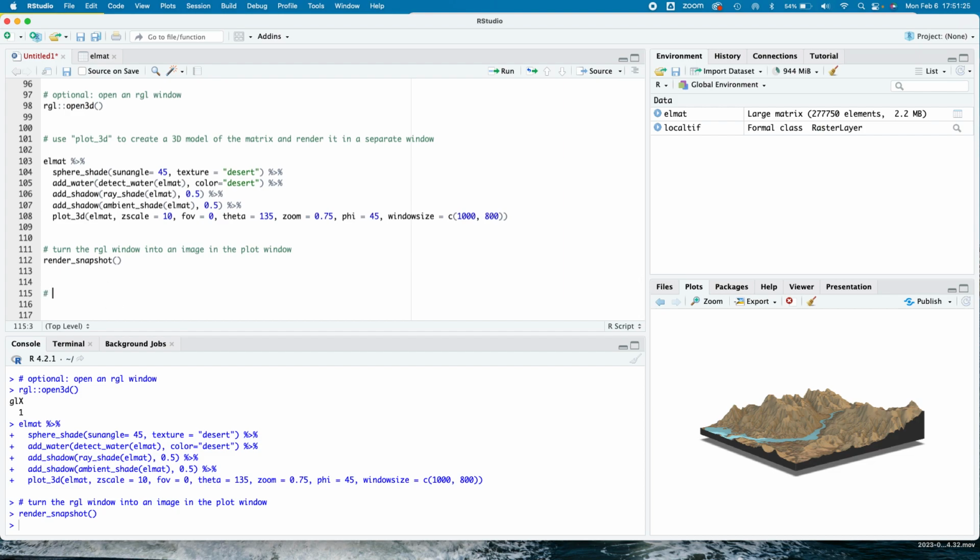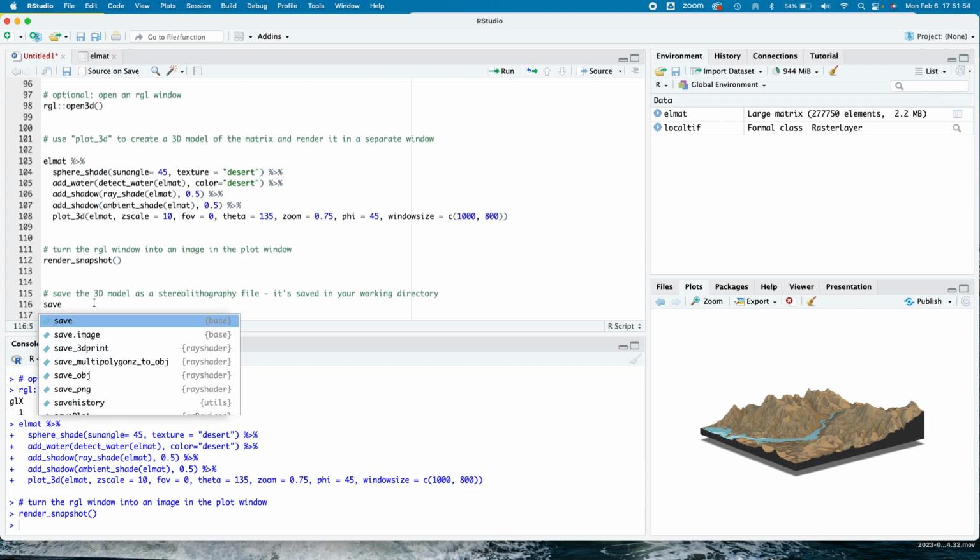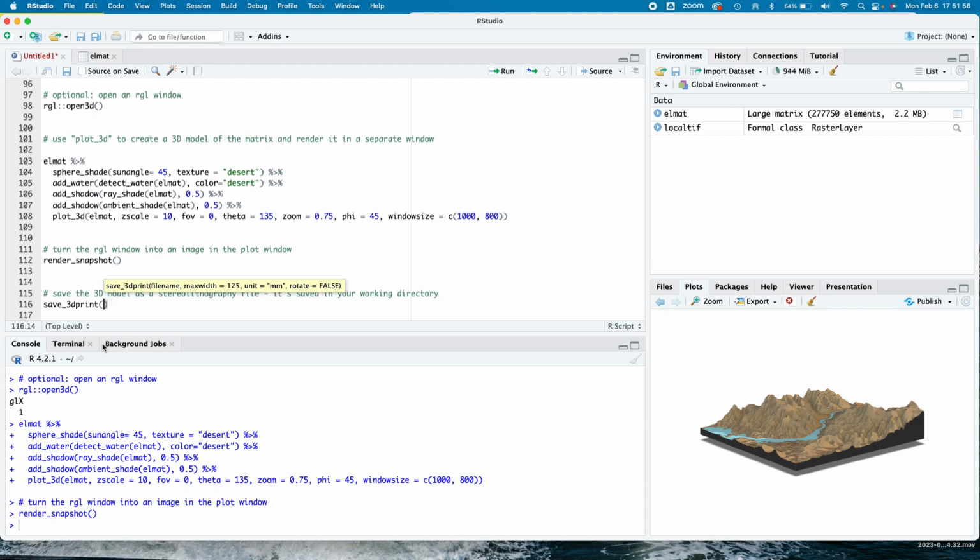And for those of you who are interested in 3D modeling, here's an exciting function, which is to save the 3D model as a stereolithography file. It's saved in your working directory. So wherever you set your working directory for this project, that's where this file will now go. So if I go to save_3d_print here, and I'm going to call it almat.stl, give it the right extension,